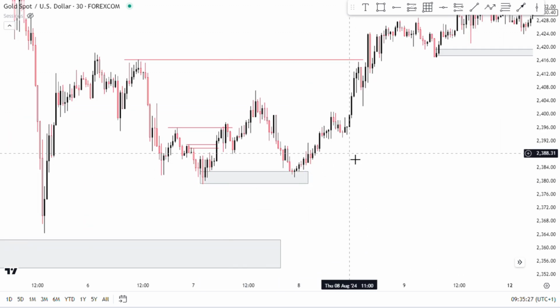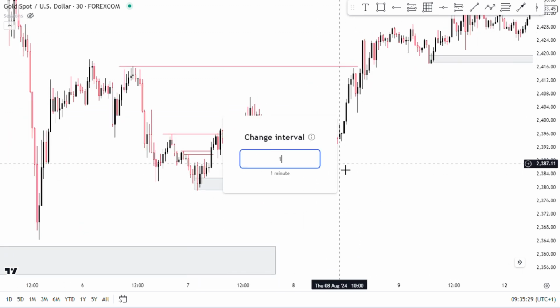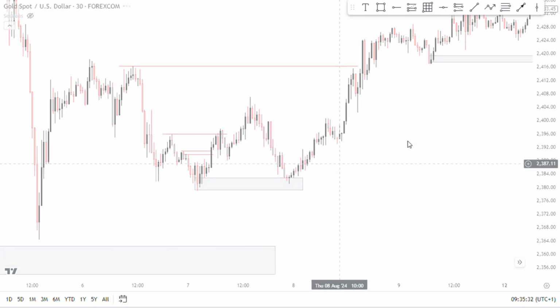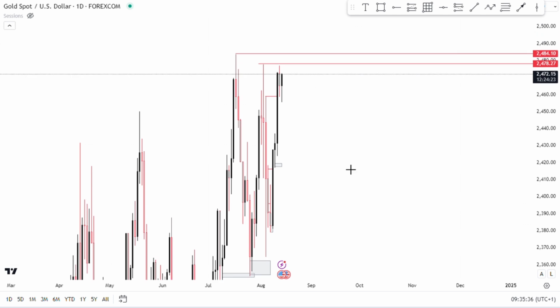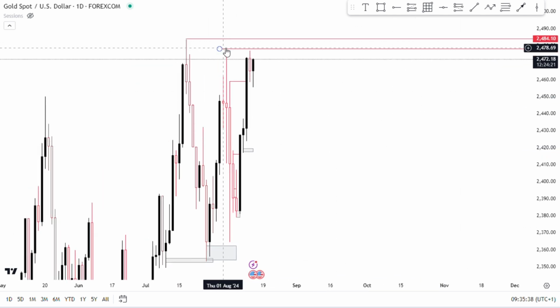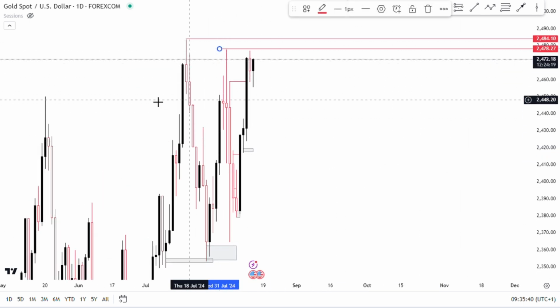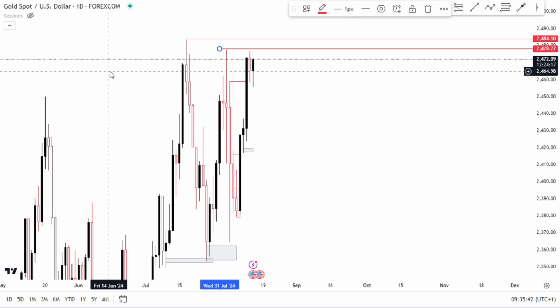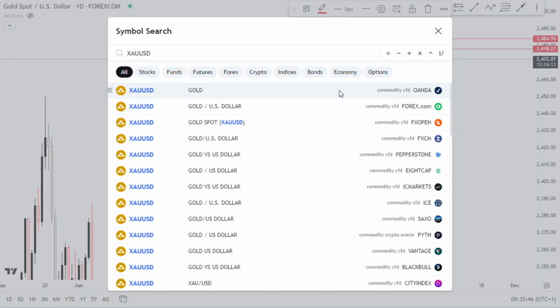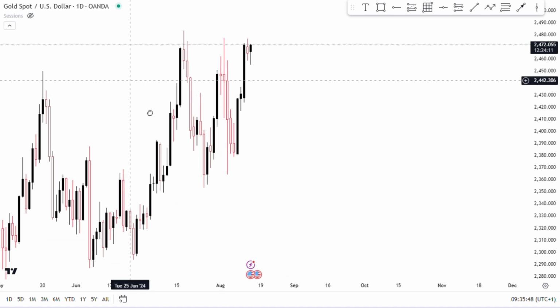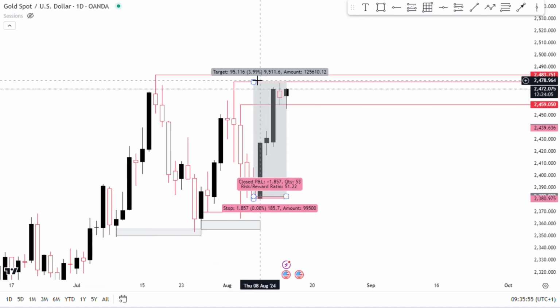From this particular trade right here, if you want to set take profit, you go back to daily time frame. So from daily time frame, okay, so this is where I'm expecting price to get to. This is where my take profit is. Let me show you on my broker, XAUUSD. Okay, so this is where my take profit is going to be,